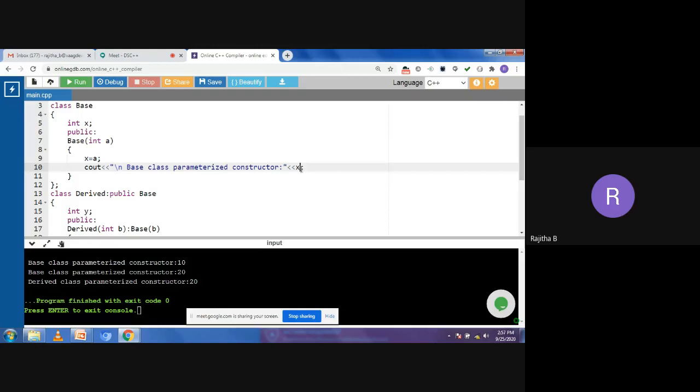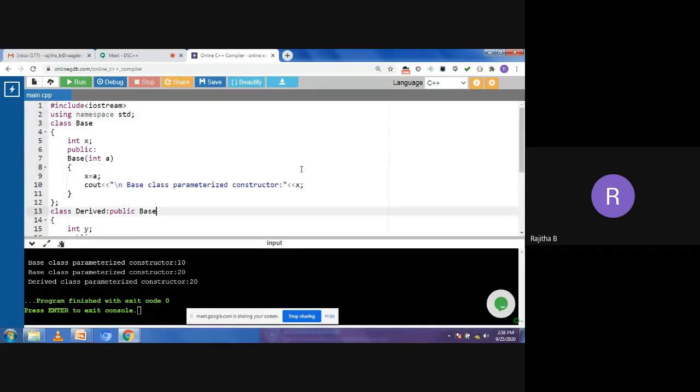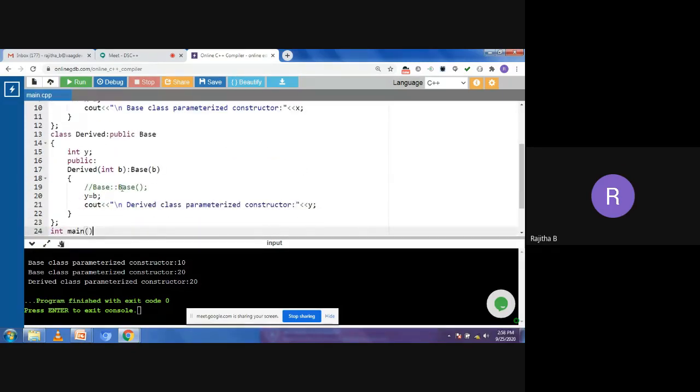When you are taking the inheritance concept, what about the constructor? When you are taking the default constructor, we are not going to pass any parameters here. Whether it is a user defined or compiler defined constructor, if you are taking the normal default constructor, when you are creating the object for the base class, the base class constructor will be called. And when you are creating the object for the derived class, first it will execute the base class constructor, then it will come to the derived class constructor. No issues there. And what is the implicit form of that one? In the derived class we are calling it implicitly as derived colon base, so the base class constructor will be called.